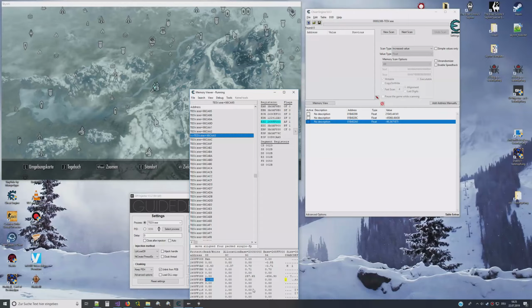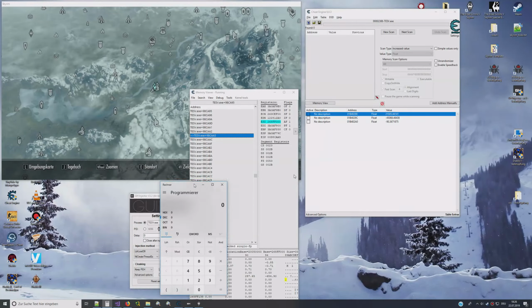What I want you to notice is this is the waypoint X, which is our marker, and the 297 is our current player X location in writable coordinates. So we can't just replace this one with this one because we will end up in nowhere. So what I found out was just by trial and error, if we grab our trusted calculator and